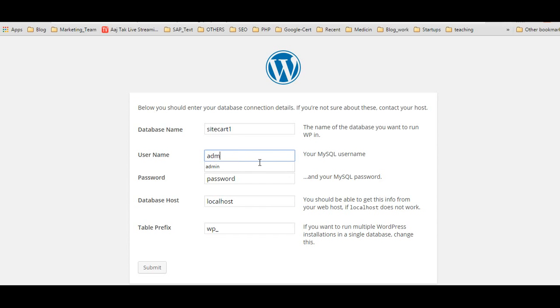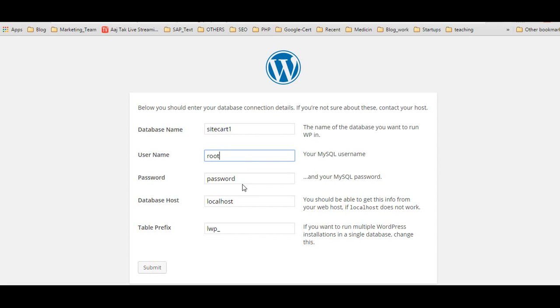Normally the username is admin, unless you have changed it. Mind you, change the username and password, because admin is a common username and the password is blank. This is very common to each and every website. So if you do not change it, chances are that you will be duped by someone. Since I'm doing it locally, normally the database host would be your www.xyz.com, whatever you have. Now also change your prefix. So this is a prefix.